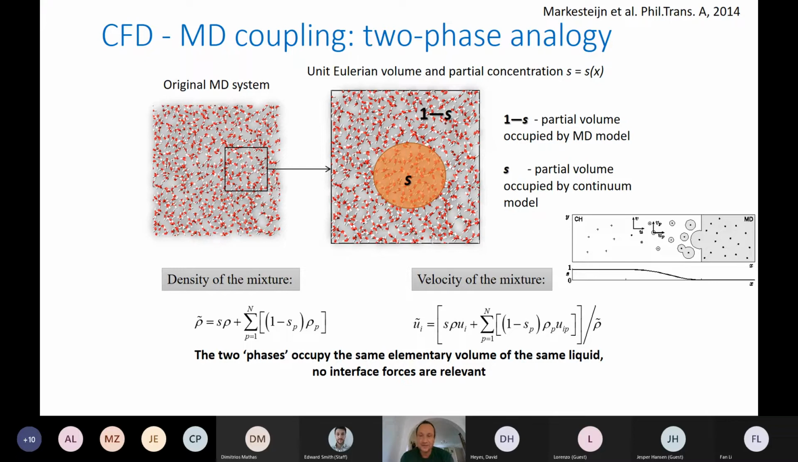of an effective bulk two-phase liquid, where the phases are the continuum representation of the same liquid, and the atomistic representation of the same. That is, if we introduce a concentration function, then the partial volume which is occupied by the continuum part of the system, we can call it S, and then the rest, which is occupied by discrete particles, is 1 minus S, because the sum should be equal to